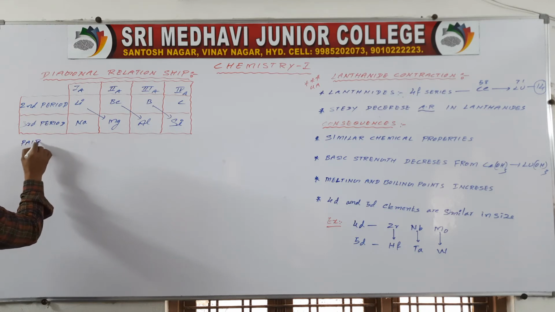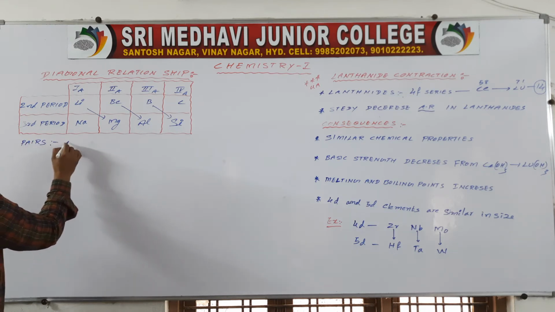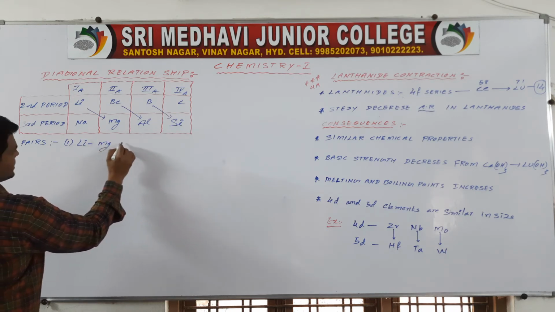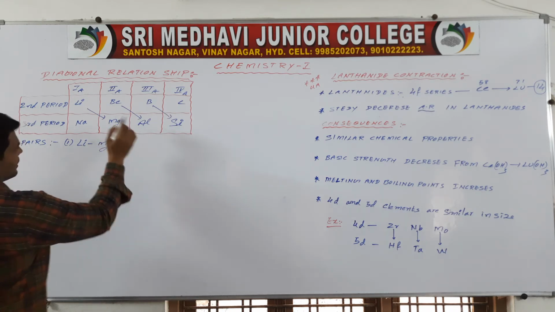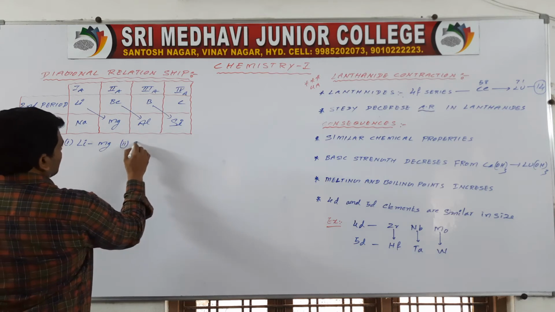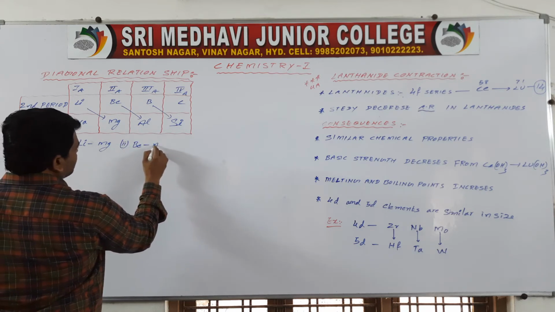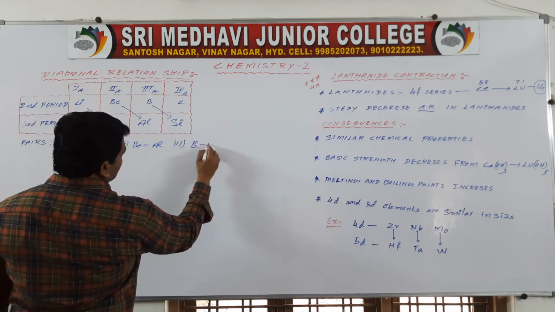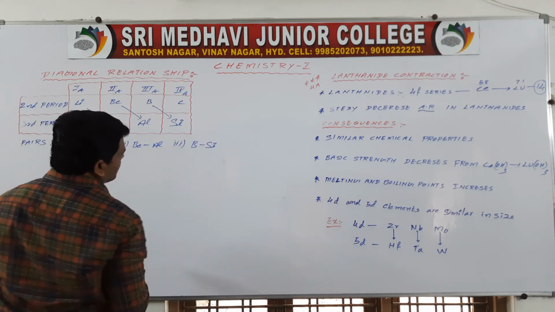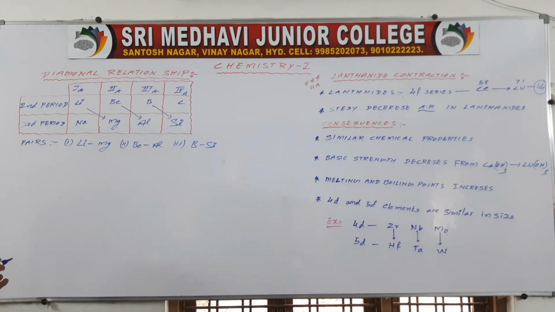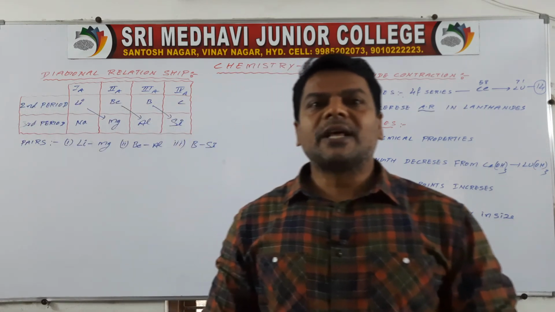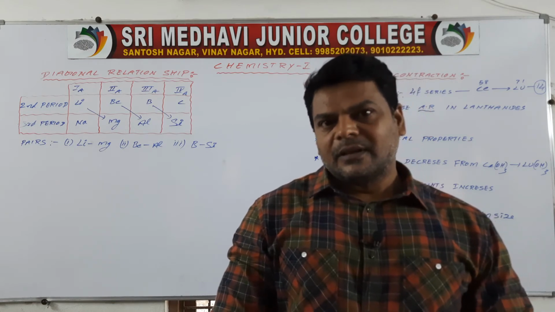The pairs which show similarities: first one, lithium, magnesium. Second one, beryllium, aluminum. Third one, boron, silicon. Why do these 3 pairs show similarities in chemical properties? Because